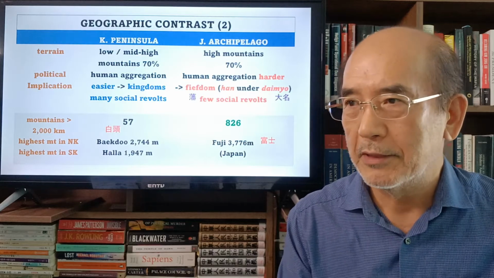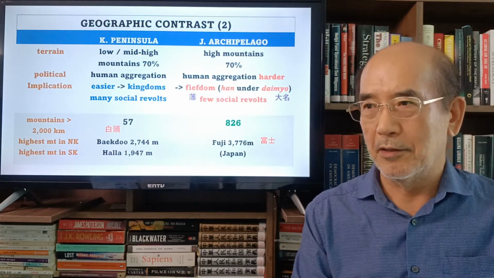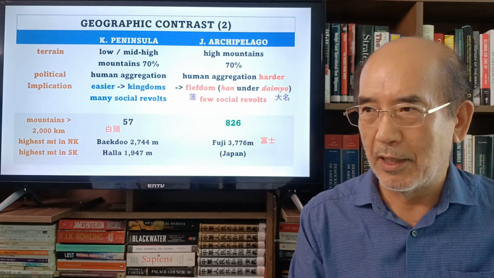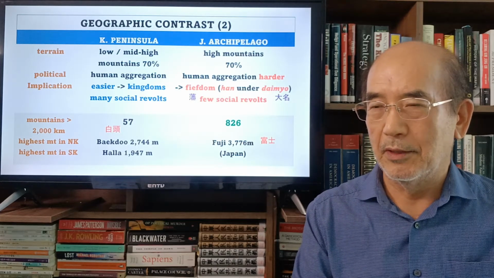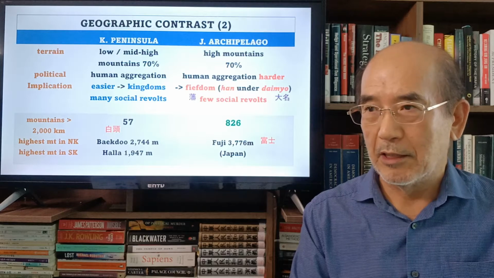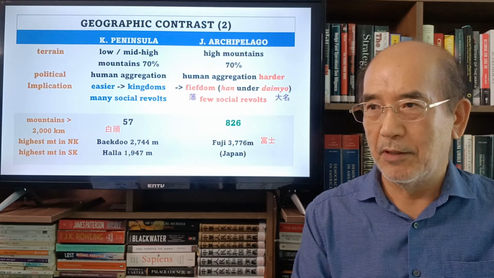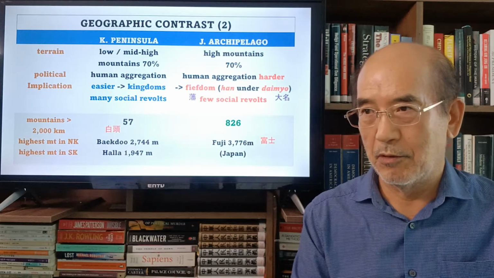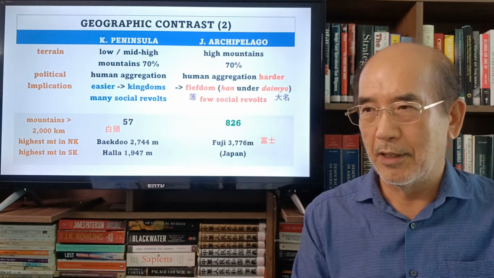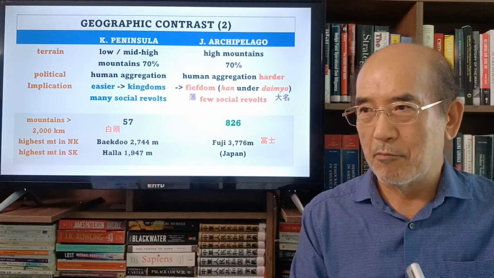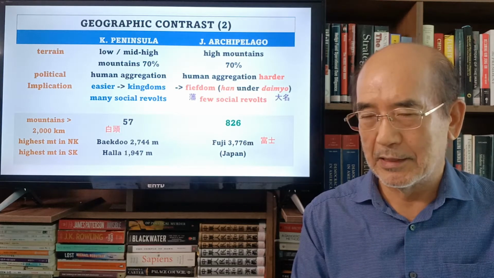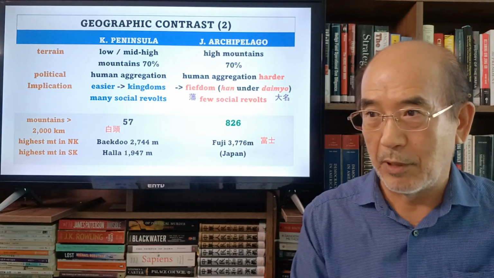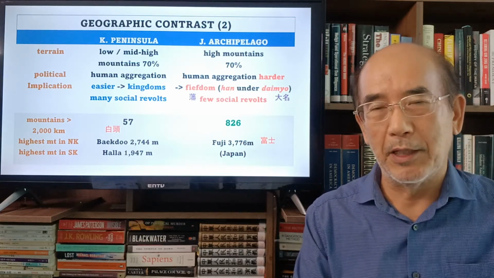Now, let's take a look at another contrast between the Korean Peninsula and the Japanese Archipelago. First of all, about 70% of the Korean Peninsula and the Japanese Archipelago are mountains. So they are really mountainous countries. But the mountains' contents are very different. If you look at the bottom of the page,